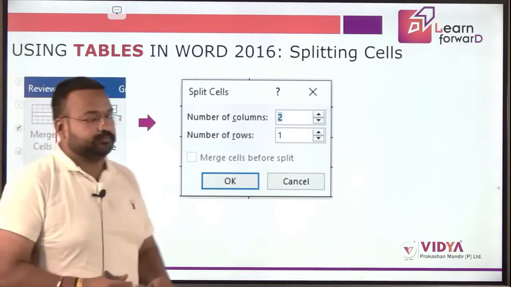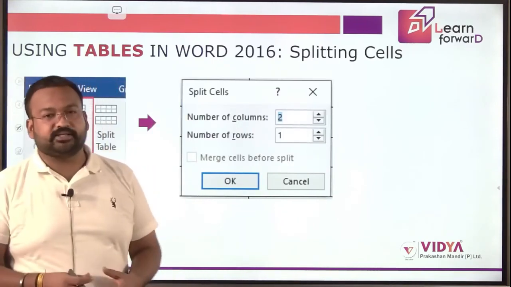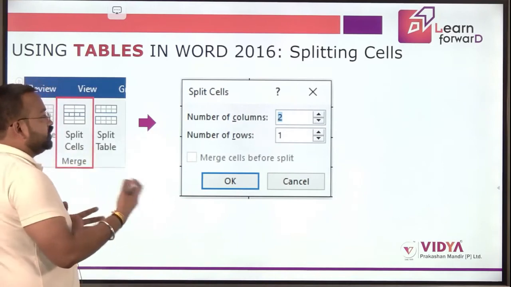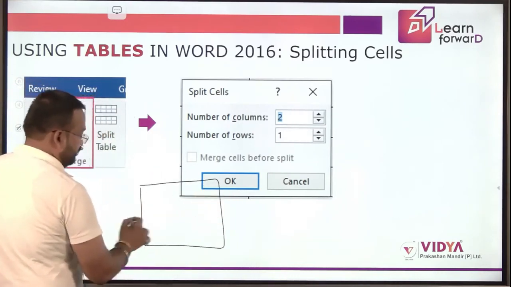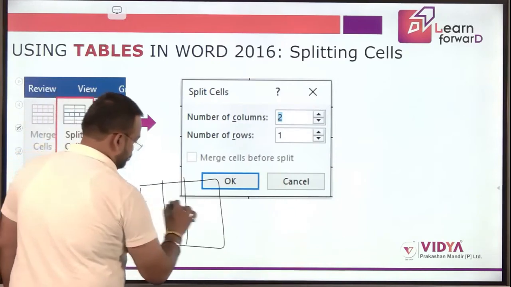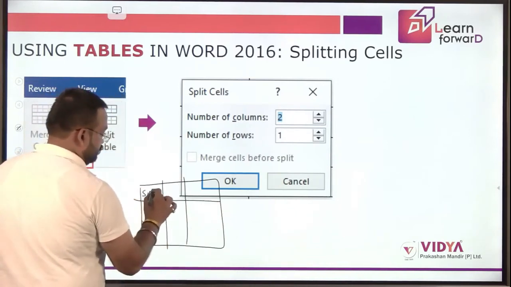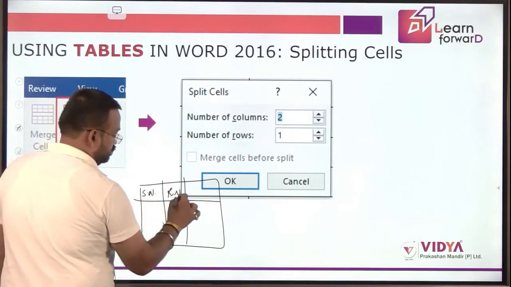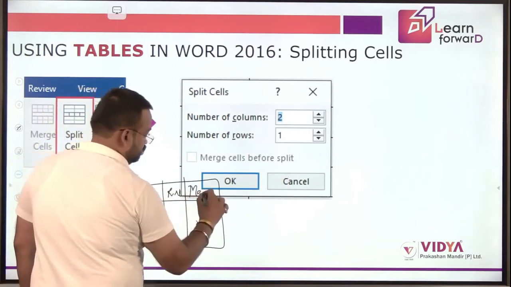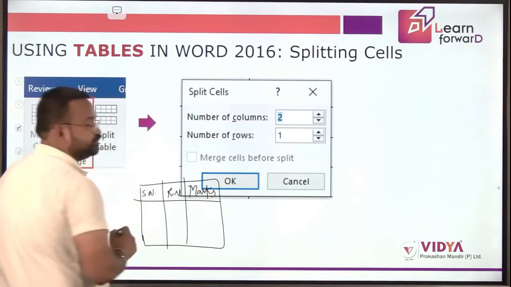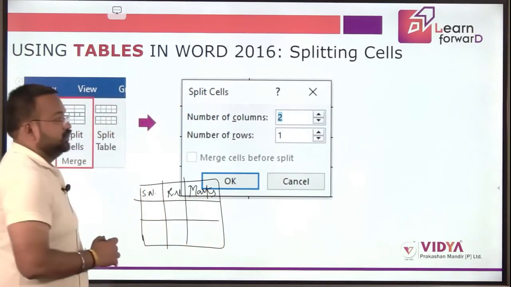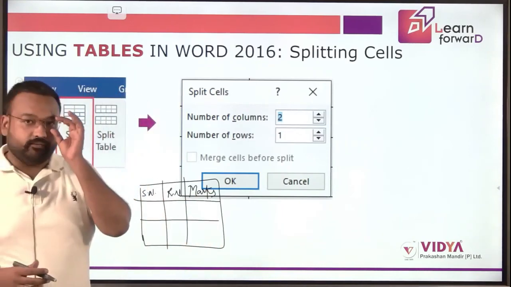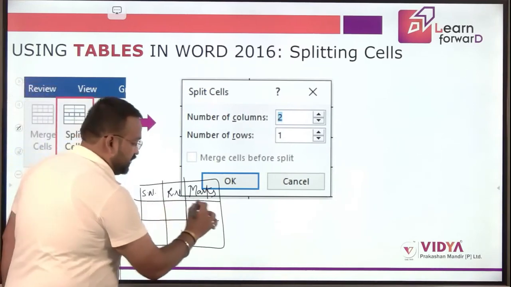Now suppose we have to split a cell. When we talk about splitting cells, suppose we have this table. And this is our table. Now I want to split this particular cell.